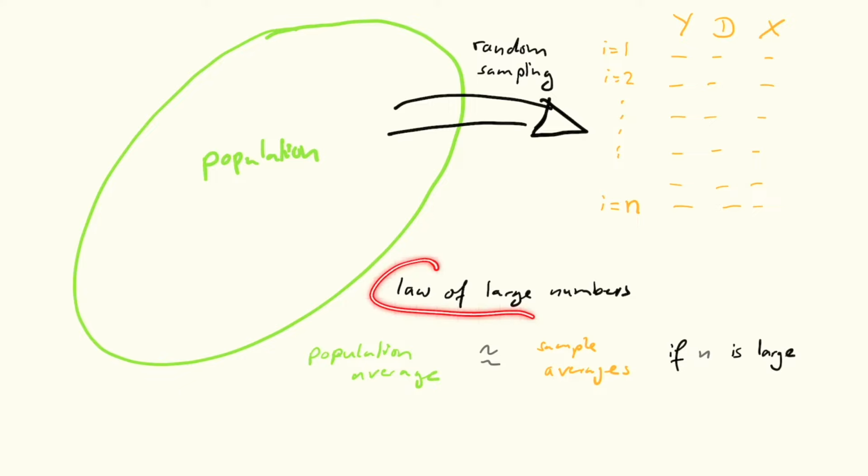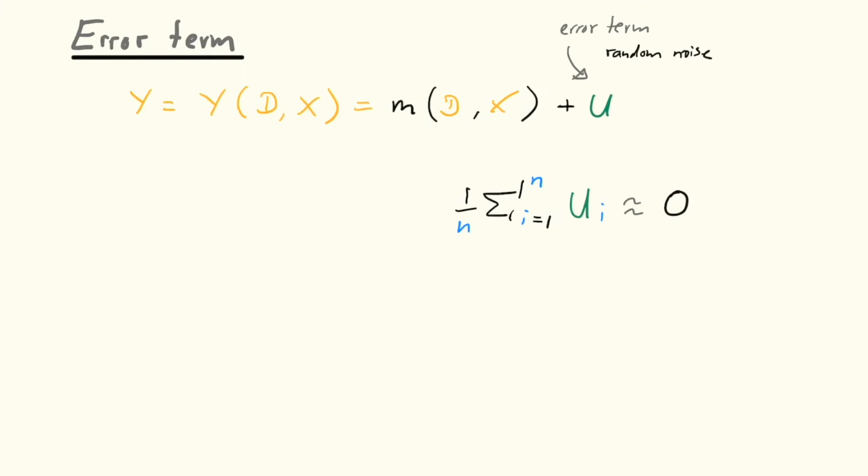For the law of large numbers to hold, it's also important that we sample randomly. We can have a reasonable expectation that the sample average is close to 0 if the corresponding population average is close to 0. Population averages can be written as expectations. We'll explain why at a later point. So the corresponding population average can be written as the expectation